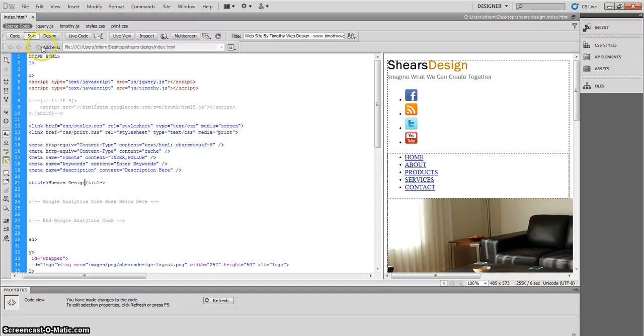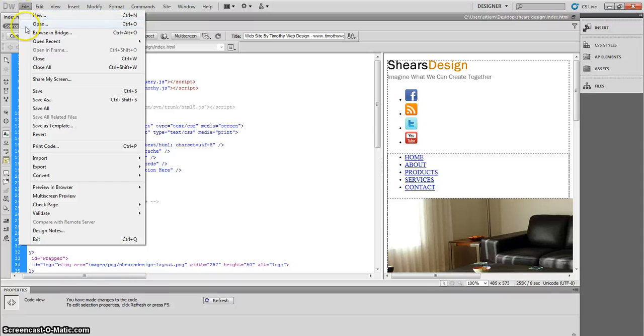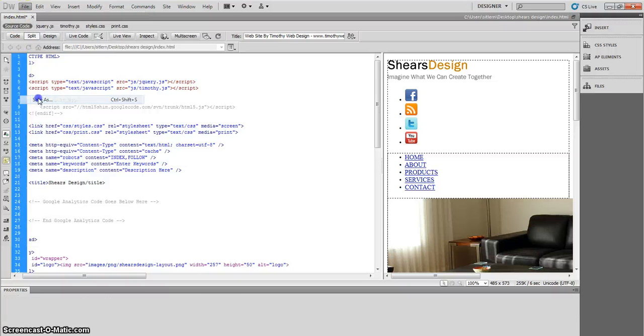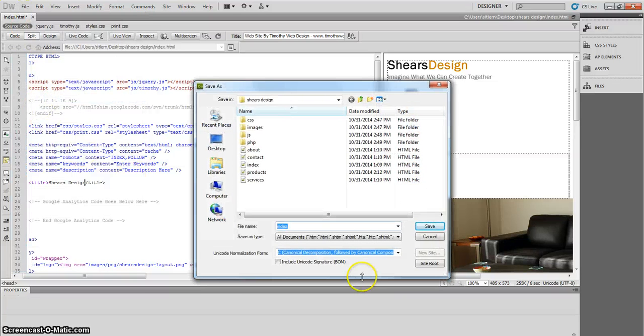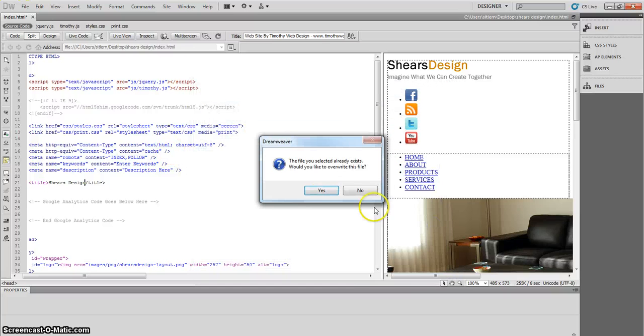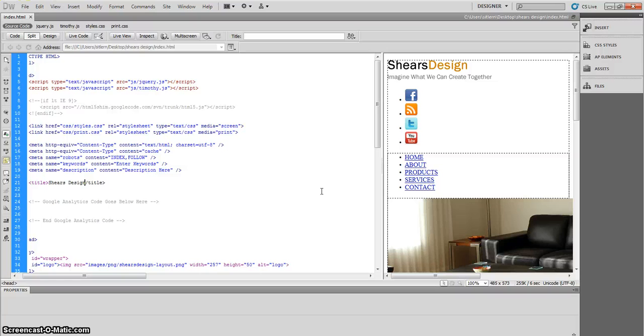So that's the end of the homepage structure tutorials. All you want to do is go to File, go to Save As. I always like to go to Save As to make sure that I'm in the right place, and hit Save. And when it asks, the file already exists, would you like to overwrite this file? Absolutely, because you've done lots and lots of work. So you want to make sure that you save it, and we'll continue